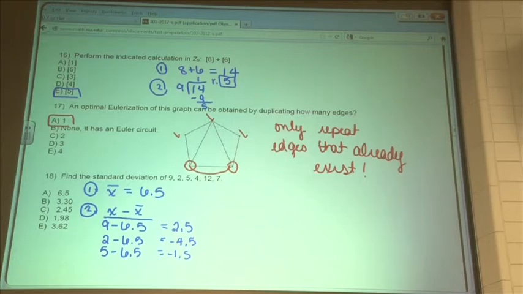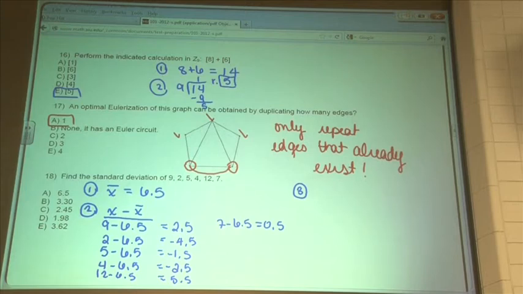Keep going down the line. 4 minus 6.5 gives us a negative 2.5. Let's see. 12 minus 6.5 gives us a positive 5.5. And then the last one, 7 minus 6.5 gives us 0.5. That's step 2. The next thing we have to do,